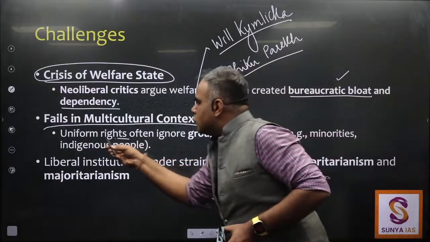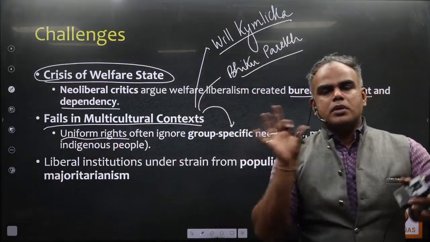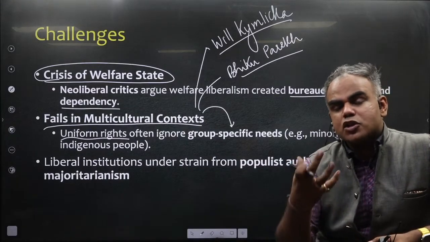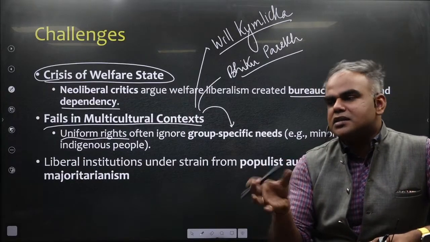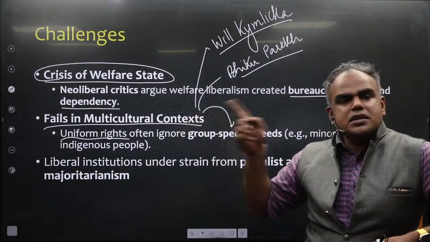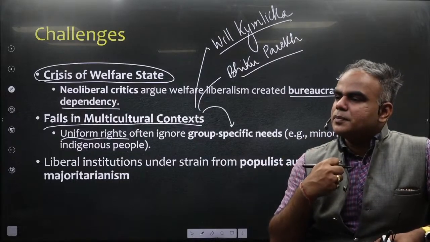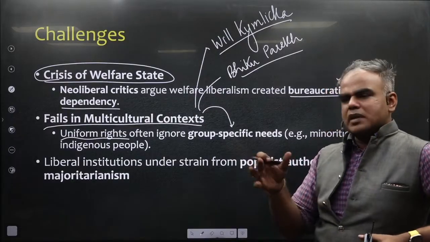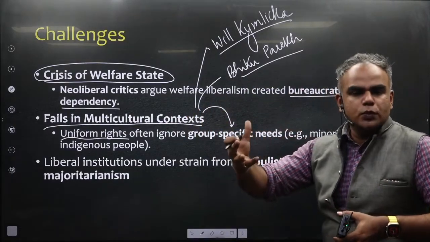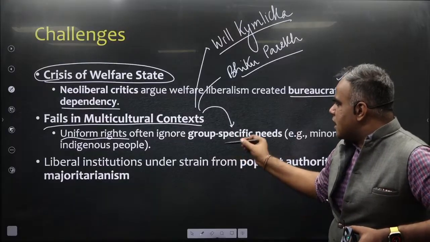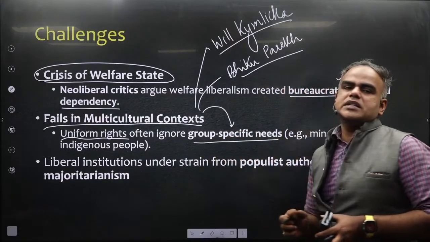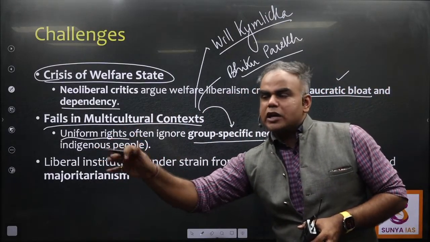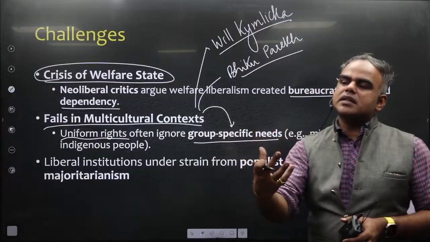So when you have uniform rights, now think, when you want to have uniform democracy or democratic rights, a similar sort of rights, but there are other societies that have always lived with a different conception of rights. The liberal conception of rights is very individualistic in nature. If you think about Eastern societies or even Asian societies, like we'll see with Lee Kuan Yew and his own theories. So they are ignoring group specific needs. The need is always individual, and the individual's need has been homogenized and universalized.